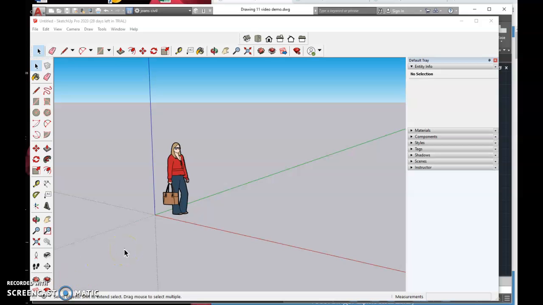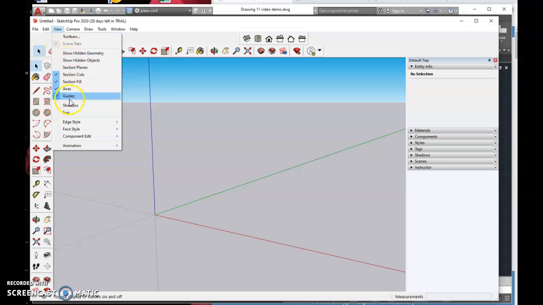So we're continuing on with drawing 11, only now we're in SketchUp working towards completing the 3D views that we need for objects A and D. And to begin with, we'll just get rid of that using the delete key. And just to check a few things here in